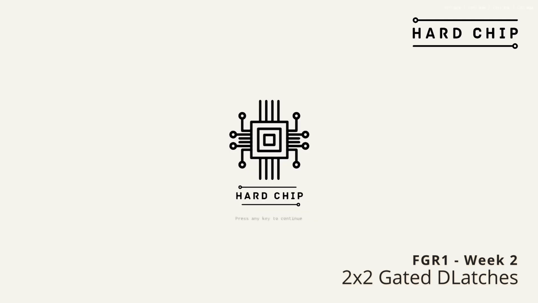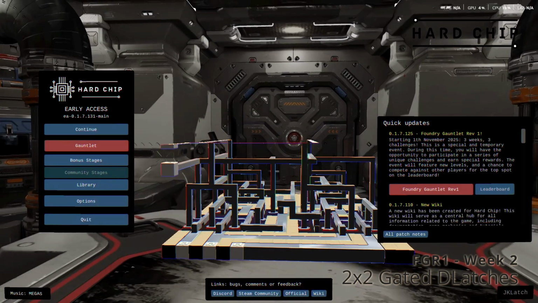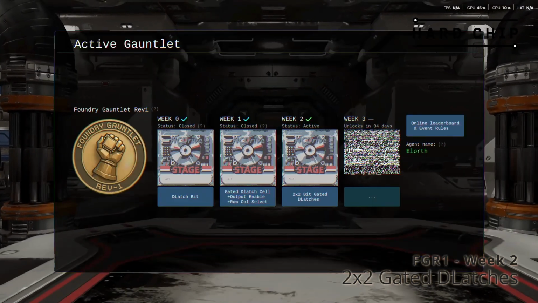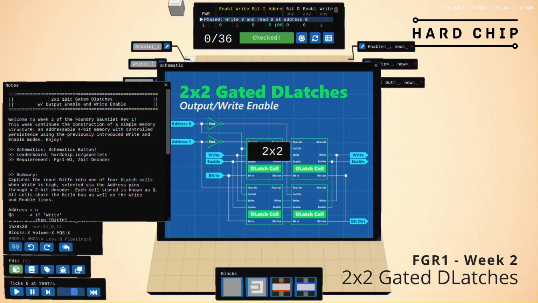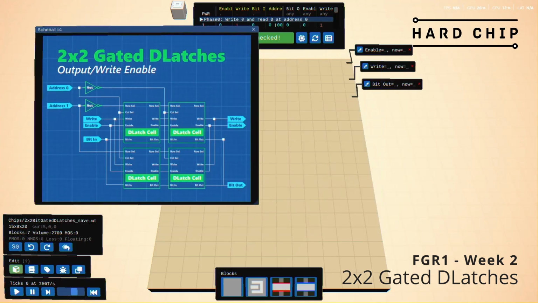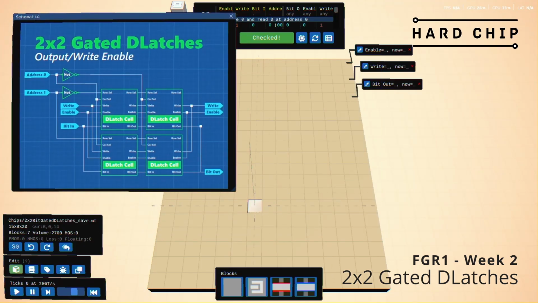This week we will cover week 2, the naive submission and the subprocess submission, and without further ado, let's jump right into it. First thing I want to do is launch the level so we can see what we are up against. This is a 2x2 array of the previous week's DLatche cell,